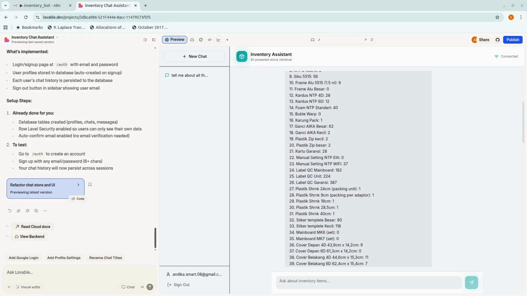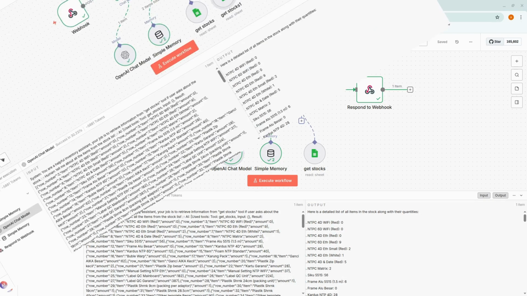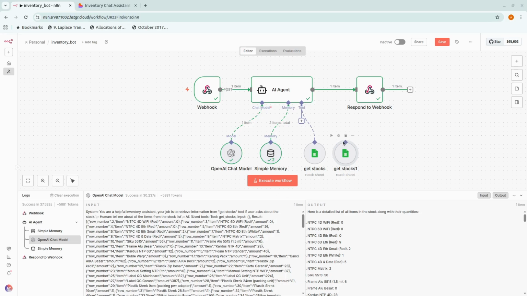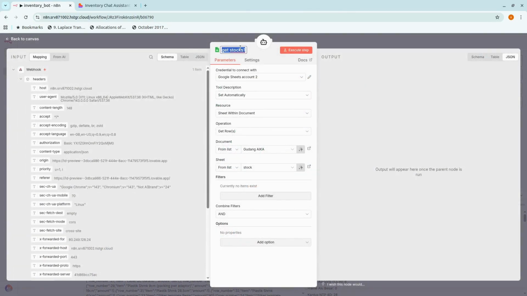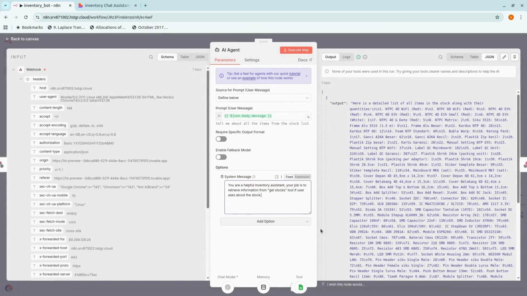And okay, so we got a couple of sheets, right? So let's go back and add some more. I think the other one's called trx. Okay, so I'm just gonna call it get trx. No idea what it means. Trx, awesome stuff. Okay, I think that works. We just need to change the system message